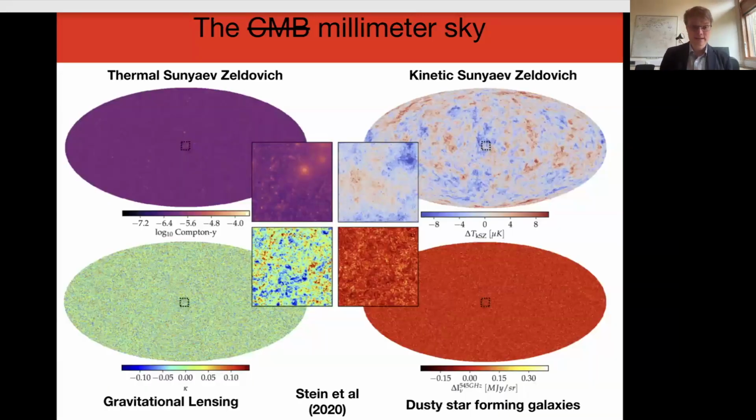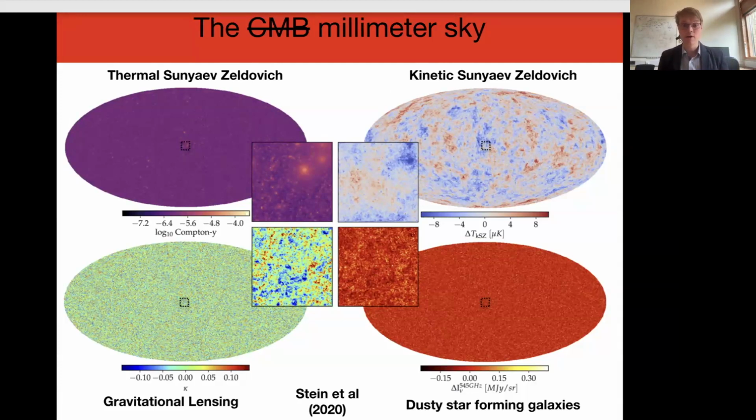What I'm showing here is a cutout of the Webb sky simulations, which show simulated observations of several of these extragalactic sky components. So we have the thermal and kinetic Sunyaev-Zeldovich effects on the top, gravitational lensing, and dusty star-forming galaxies, bottom right. What is clear is that the statistical properties of these maps are also different from both the galactic and CMB